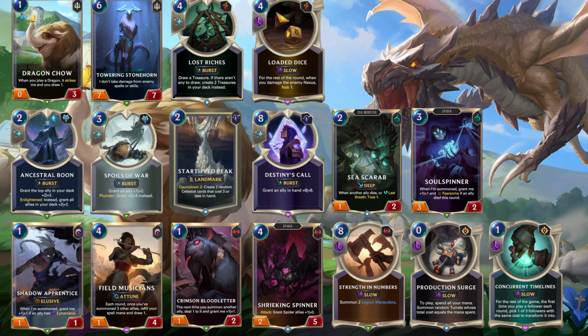Each round, once you've summoned 3 other allies, refill your spell mana and draw 1. That is a really big thing it's doing. The problem is, it's a 4 mana 1/4. Sure, it has attune, so you're getting a little bit of mana back if you have empty spell mana orbs or whatever you want to call them. The thing is, how are you going to summon 3 other allies a turn? Eye of the Dragon to summon Dragonlings helps, but even then,